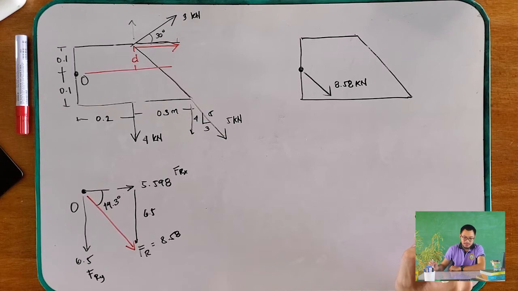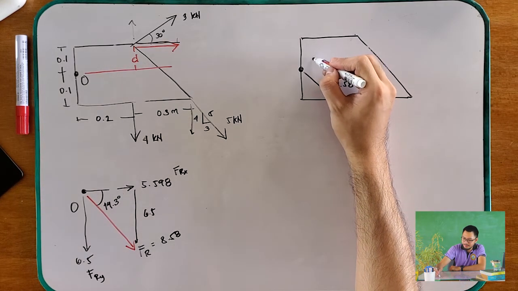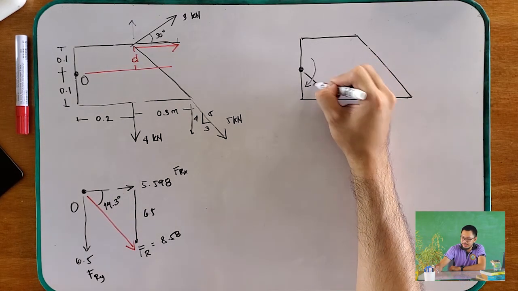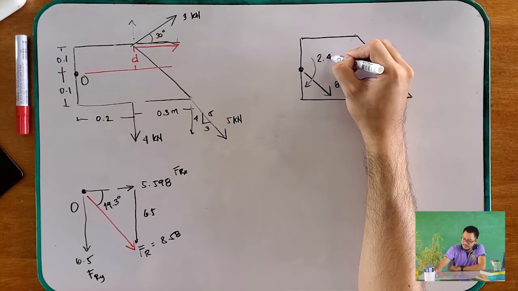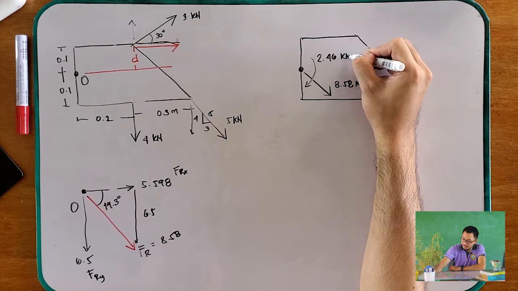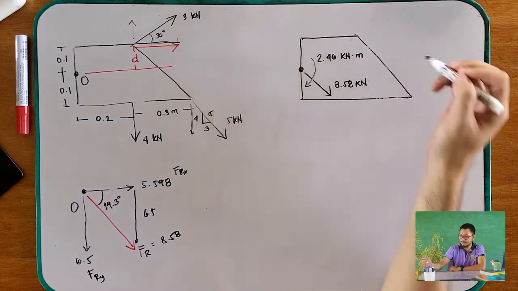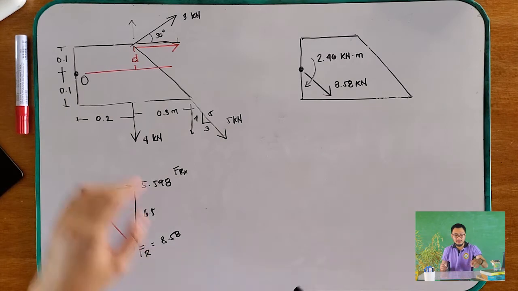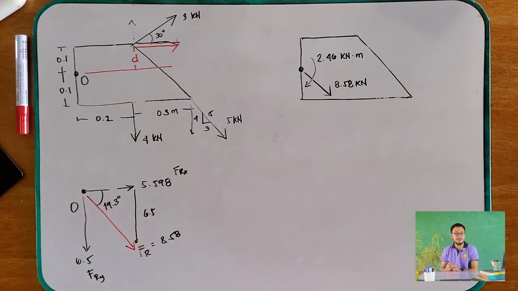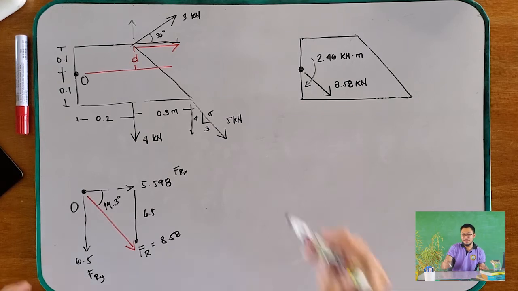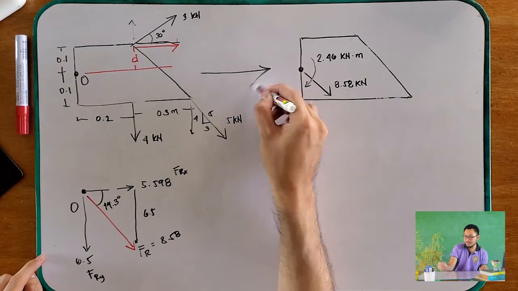And we also have a moment that is rotating clockwise, a moment of 2.46 kilonewton meter. So instead of looking at this one, this has multiple forces, we can summarize this one into